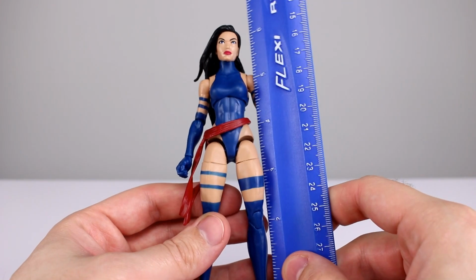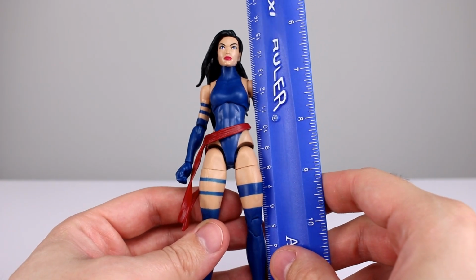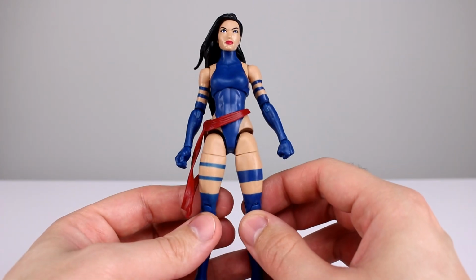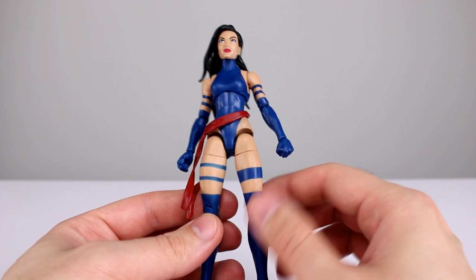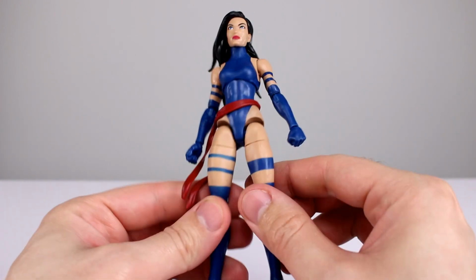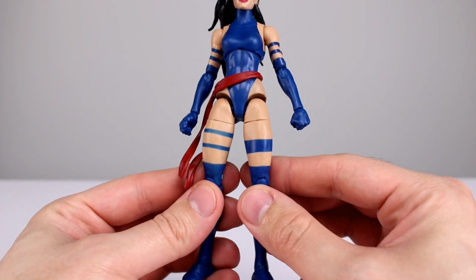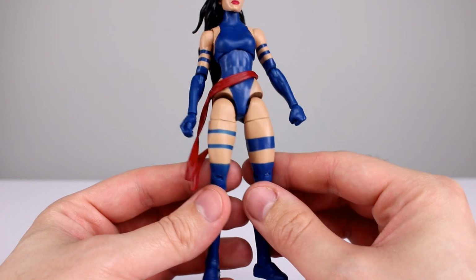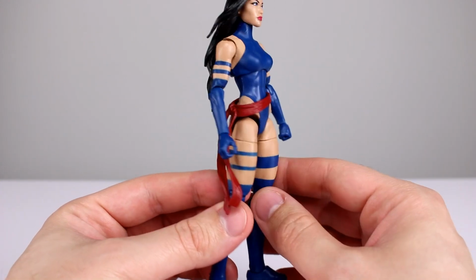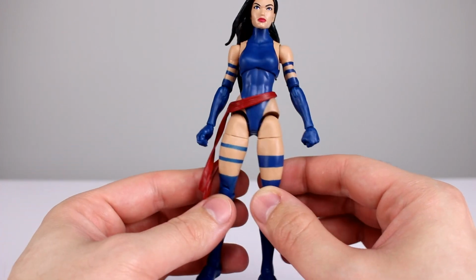This figure stands just about 6¼ inches, which makes it just about 16 centimeters. And my first impression is that it's not put together particularly well, or at least the paint. You see the paint right here on the leg straps and even down on the leg, it's just totally transparent in some places. It looks just like airbrush shading, which is definitely not what it's supposed to look like. The lines that are there for the ones that aren't completely transparent are pretty clean. They're not terrible, but you see some that are particularly fuzzy, and it just really takes away from the figure